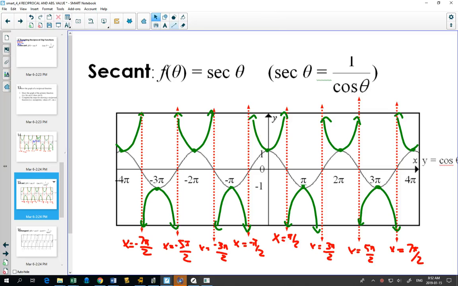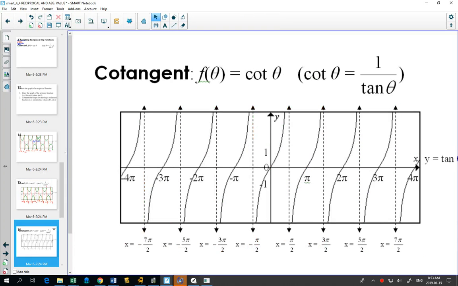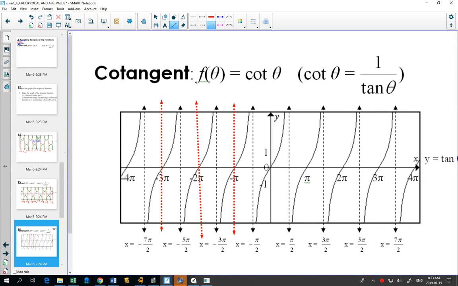Now something a little bit different happens with the cotangent graph. Now this one for sure would get really messy if you tried to do everything on one graph. So first of all, the graph is drawn of tan. I probably drew a few more periods than you would need to. If you were graphing it, you could probably just go from 0 to 2 pi instead of from 0 to 4 pi and negative 4 pi to 0. But if we start with our asymptotes, we have an asymptote there, there,